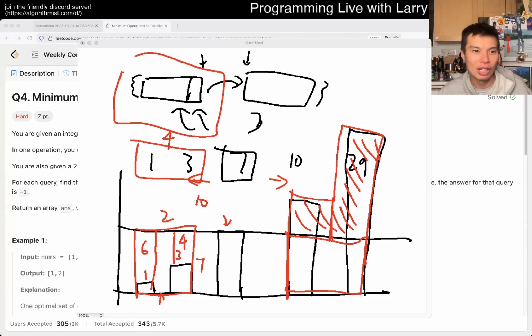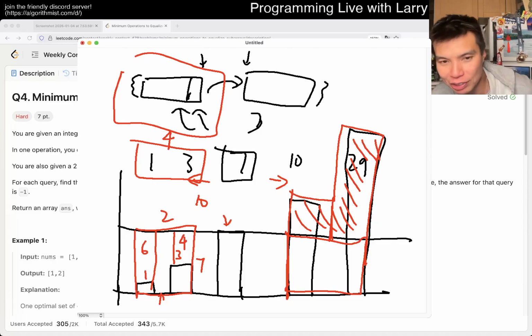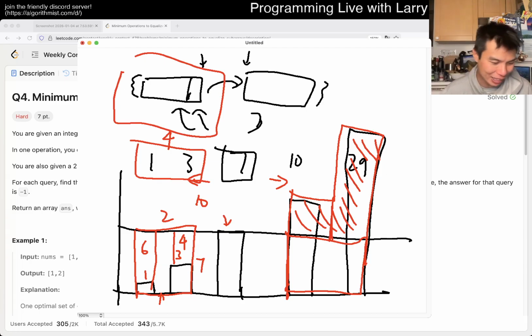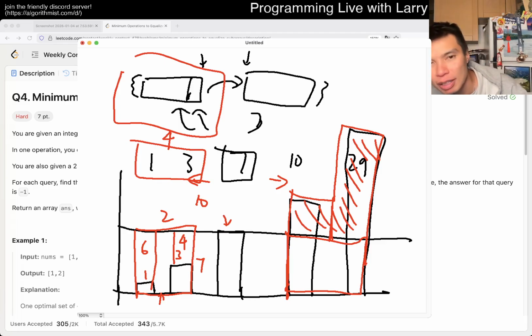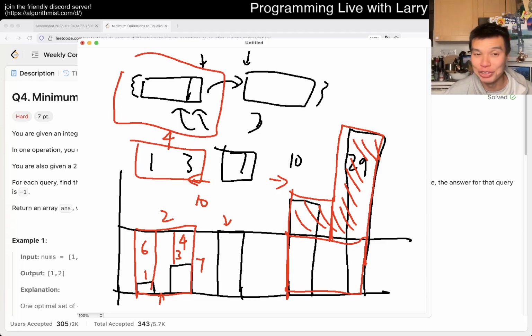Oh, I forgot one part. That's basically the idea once you get the median, right? But that's not it, because I kind of skipped over probably one of the more important parts, which is, well, how do you answer the queries? You can't really construct them one by one. Like what we said here with, I don't know why I put the things away. I guess I thought I was done. But